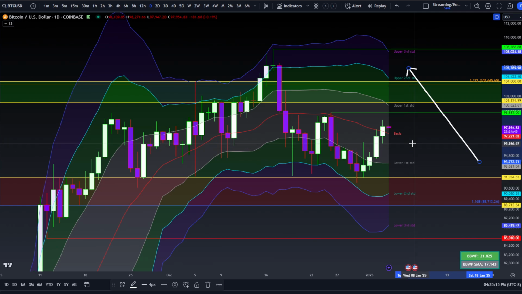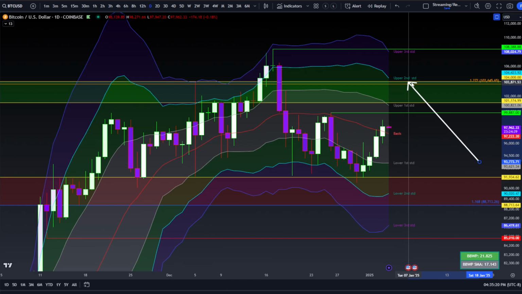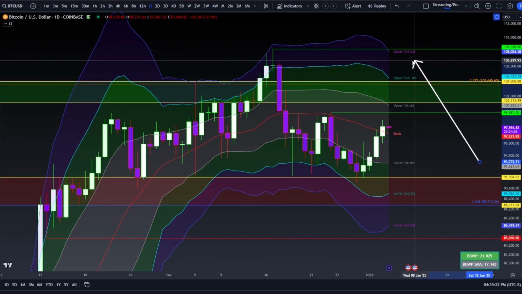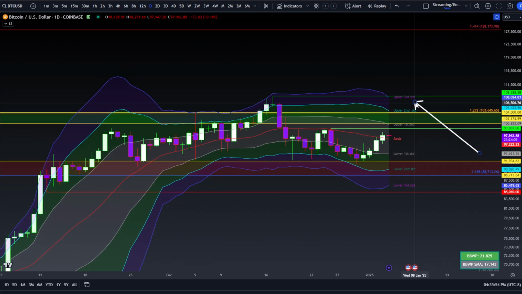But if Bitcoin, say, did work its way up there, likely it will be trading and closing above the upper second standard deviation, kicking off a more expansive or highly volatile environment in terms of expansion back to the highs. And then if it closes above the upper third, after about 110 to 112, I would be looking for those jumps to get a little bit bigger, even if they're just swings or wicks, from 112 to 115, 115 to 120, 120 to 125,